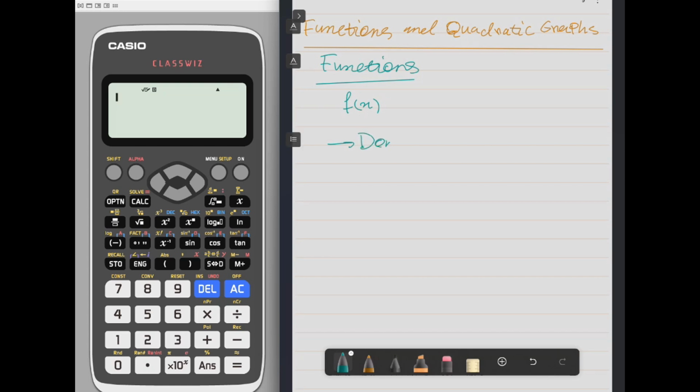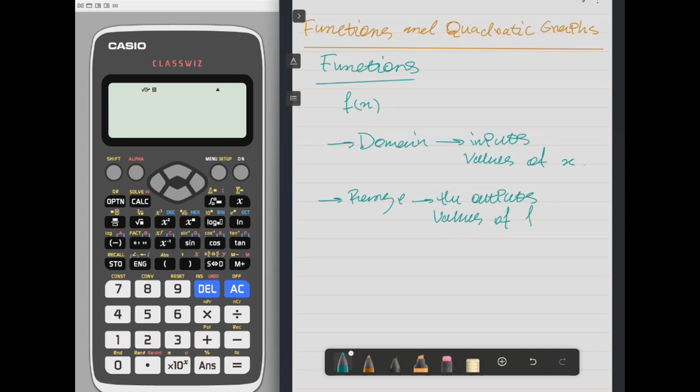One will be domain, which are inputs or the values of x. You will have a range, which is the outputs or values of f of x,